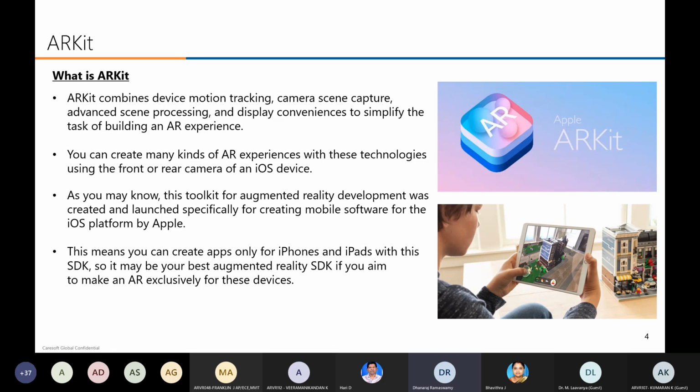See, as I said, using ARKit, you can switch the camera. Suppose you want to use the front camera, or suppose you want to use the rear camera, using your programming, I mean C# programming, you can switch the camera and use this ARKit. Can you see the right side of the image?